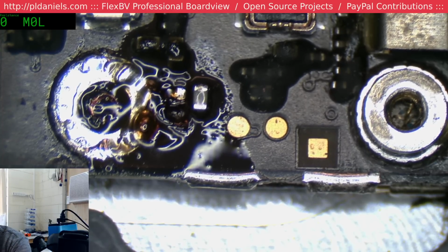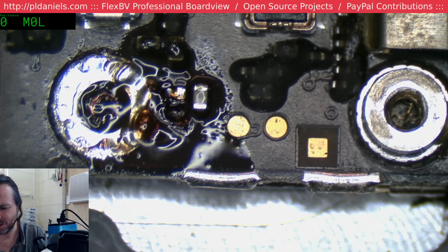Rob, the work on the 6 Plus, well, in fact, the whole 6, 6S, whatever, it's almost never done. So every time you think you got it right...